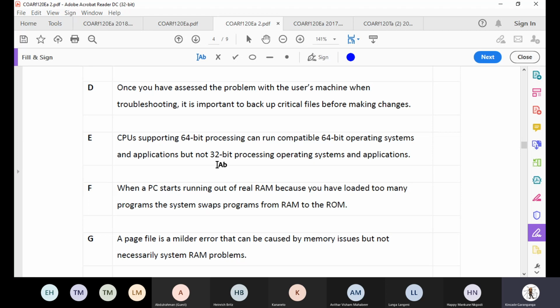Now, remember, we've got a wider bus, which is 64-bit. It means that we can accommodate 32-bit applications as well as the operating system, because we've got twice the bus associated with 32-bit when it comes to configuration. So obviously, this particular statement here becomes false. Why? Because naturally,